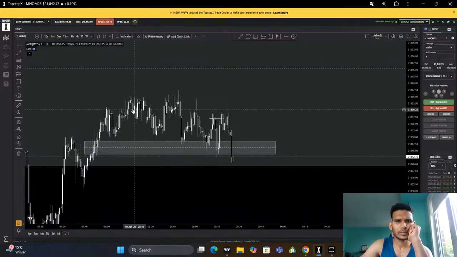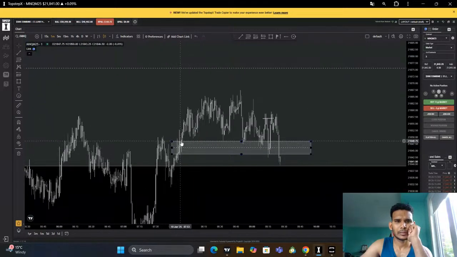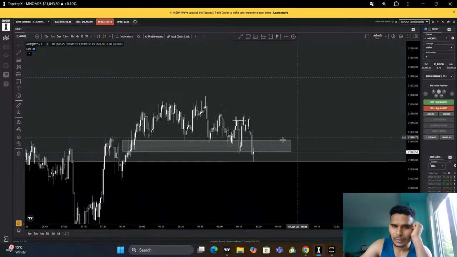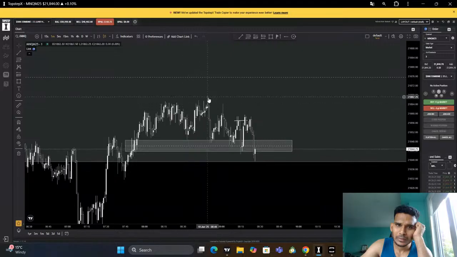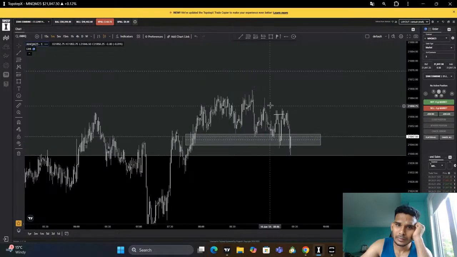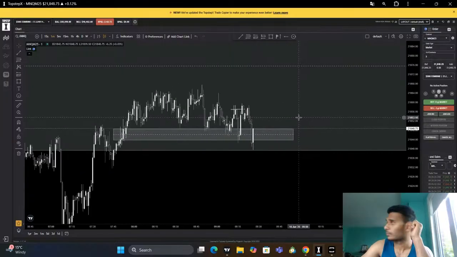One more thing here is it swept all the liquidity. Used a touch and a shift. Here I could enter my sell model, put the stop at the high, targeting this liquidity. It's pretty clear, but I missed this entry. It's a clear touch and shift here, fair value gap. Once the price comes to tap, once I see this, I can enter my position here, put the stop at the high, targeting opposite liquidity. It clearly took out my target. What happened, bro?